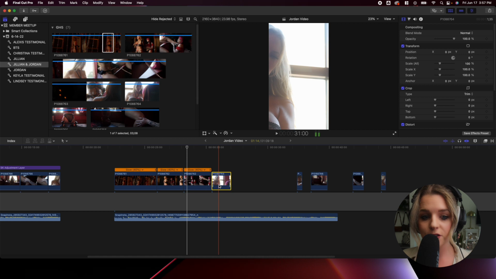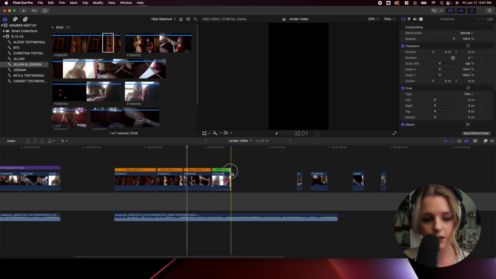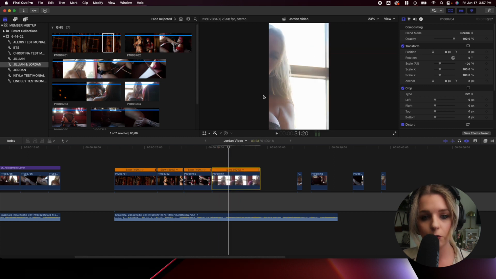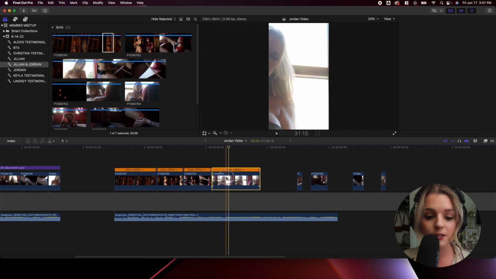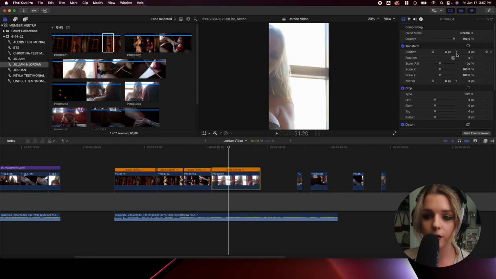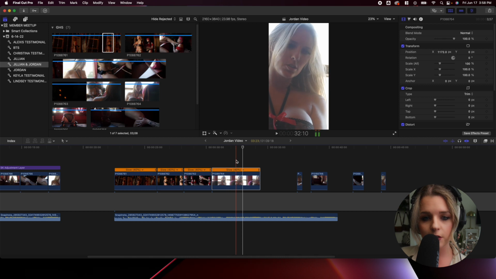And the first thing I'm going to do is slow this footage down to 40%. Jordan's face is completely cut off. All you can see here is her eye, and that's not really what we want in this film. So what I'm going to do is come up here to the position tool, and then I'm just gonna scoot her over. So now you see that Jordan is in the middle of the clip, which is exactly what I want.